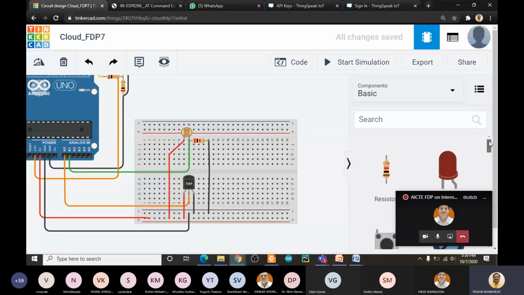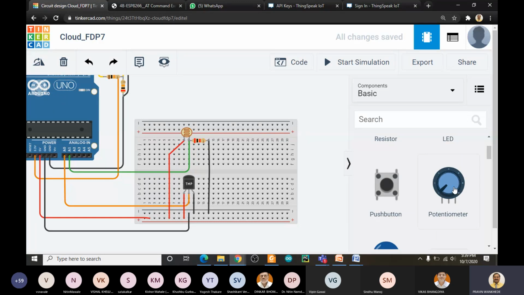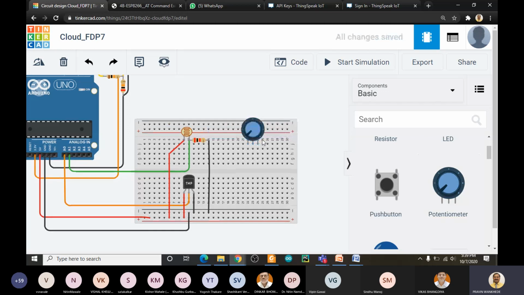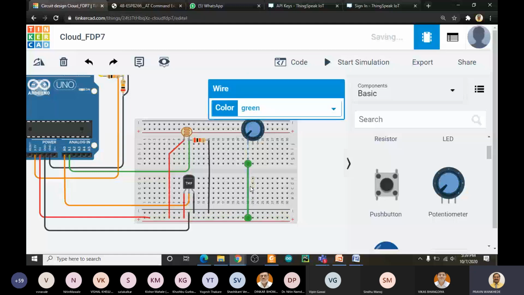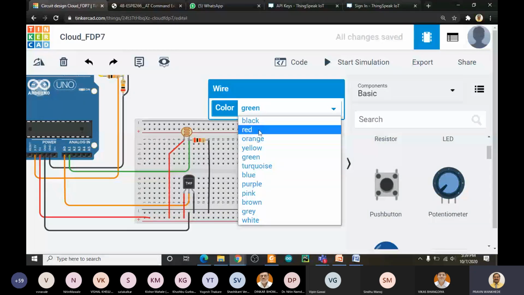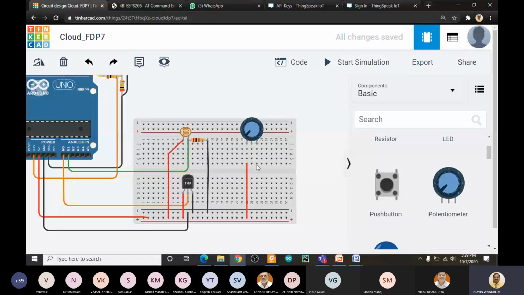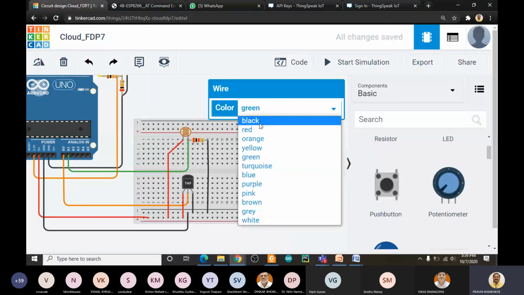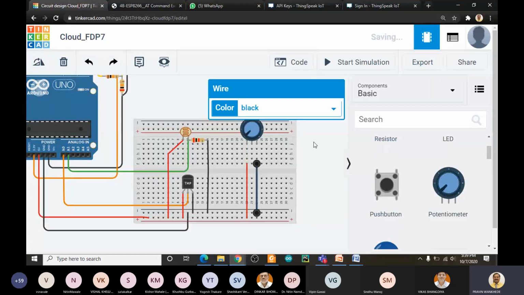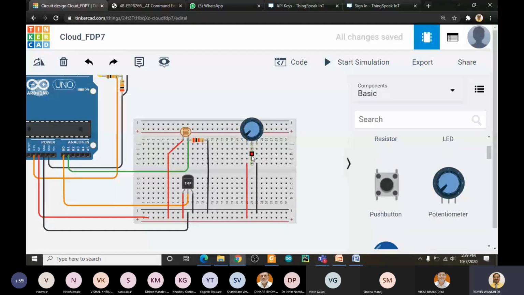Suppose there is a potentiometer we have, so let me use it. This is one terminal, so let me connect it to 5 volt. I am giving the color red, and then this is going to be the ground, so it will be black.